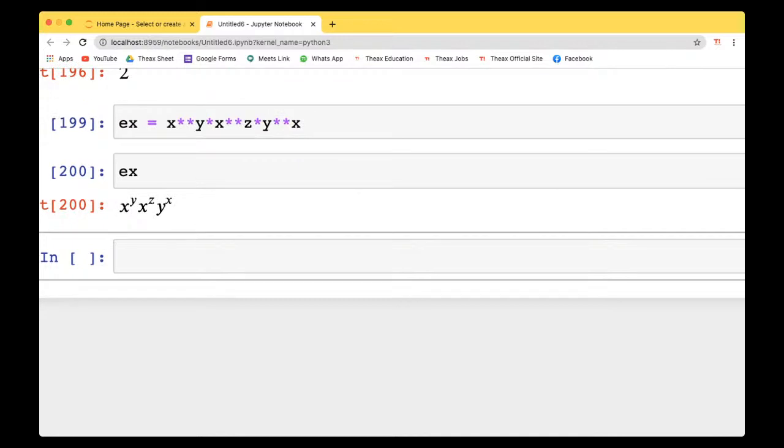I want to find the expression. If you want to reduce this expression of x to the power of y, x to the power of z, and y to the power of x, by combining their bases and exponents, in that case, what we can do is use this power